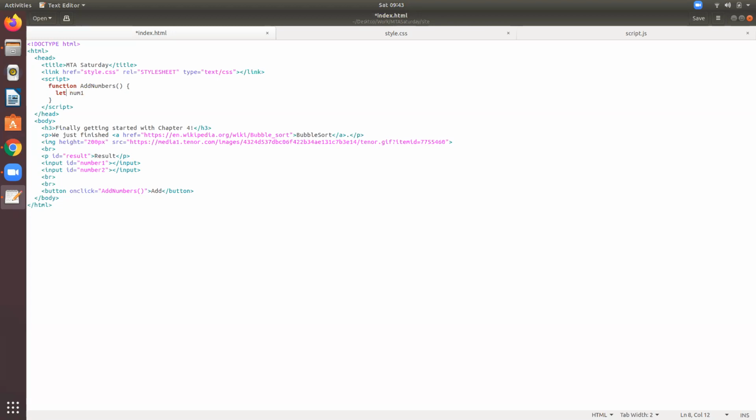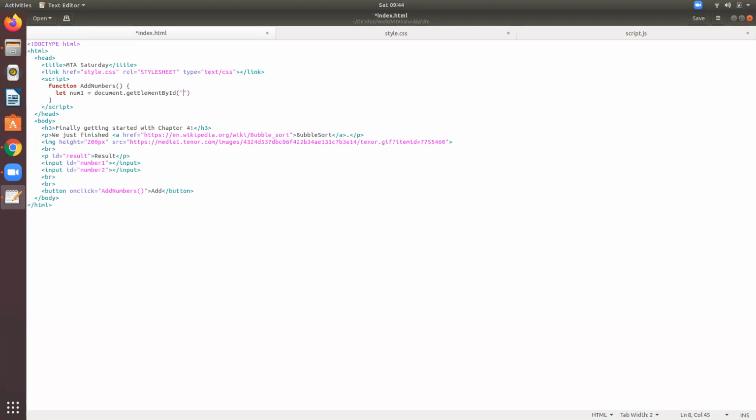You can kind of see this as like, in C#, whatever type you're using, and then the name of your variable, equals. And then what I want to do is get the number from this input tag. You can see that the ID of the input tag is number1. So I'm going to say document. The document is the object that represents the entire hypertext document. You can say document dot getElementById,